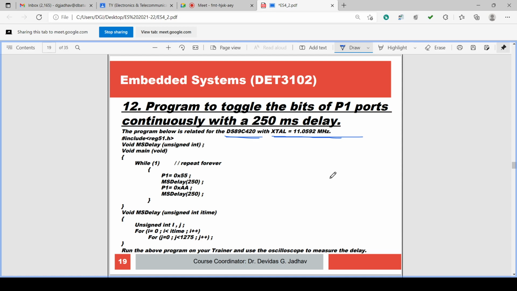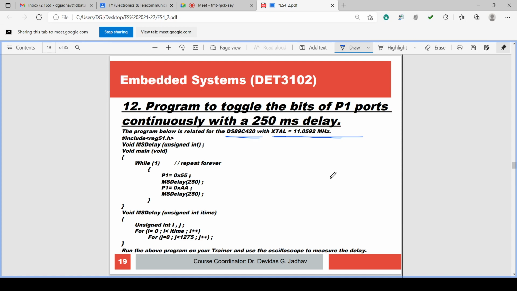have changed the device for simulation. In the device simulation setting, we have changed the device, searched for DS89C420. We have found it, the last device, selected that, and entered the crystal frequency as 11.0592 megahertz.